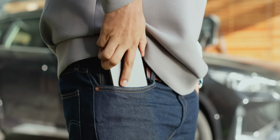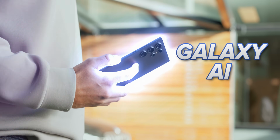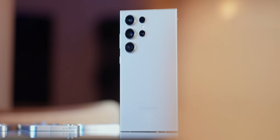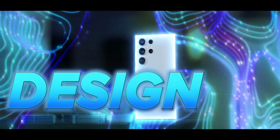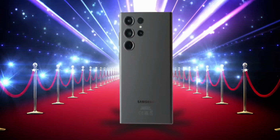Why? Well, a bunch of important hardware improvements, but most significantly, this is the first phone to come with Galaxy AI, which is a lot cooler and a lot more useful than the gimmick I was expecting it to be. But the first thing you're going to notice is the updated design. It's kind of like if you took the S23 Ultra and dressed it up for the red carpet, and I